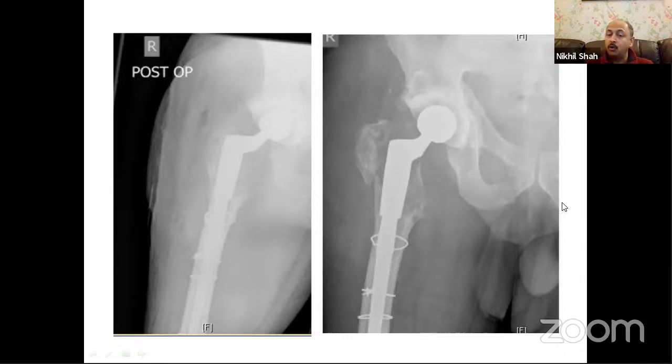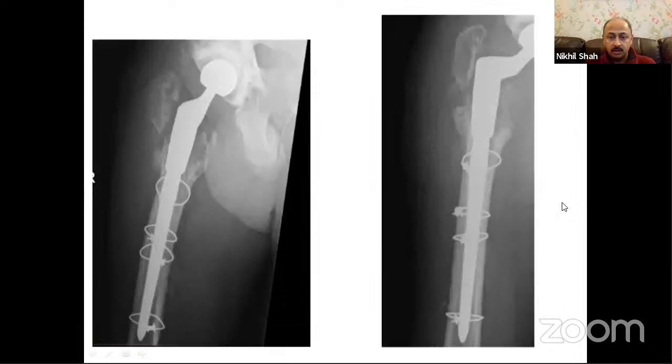So I don't like to put the hook plates on or cerclages, because what I found is the trochanter in these cases is often quite soft and it just disintegrates under the plate. For whatever reason, the infection risk is high and the outcomes are not really very good. So I tend to just ignore it, or to stitch it using a thick suture material, using some drill holes, or just wrap it around and try and keep the soft tissue sling intact of the abductors, the trochanter, and the vastus lateralis. And it does work. You don't often get radiological union, but you get firm fibrous union and with good abductor function.